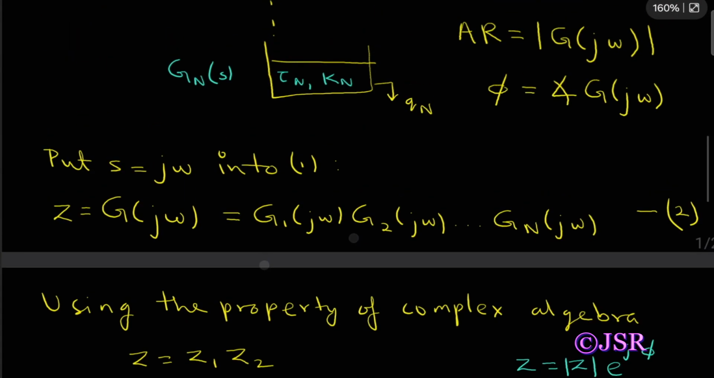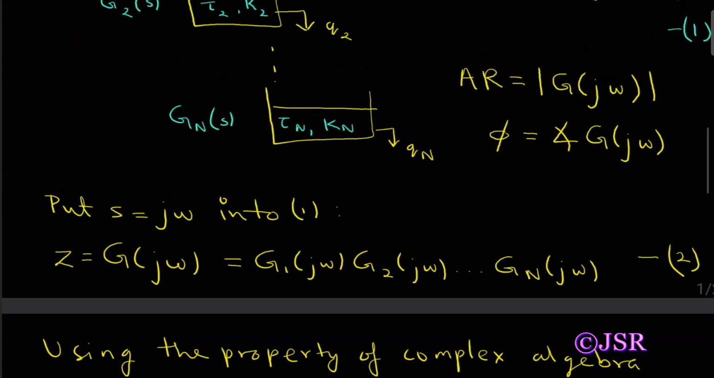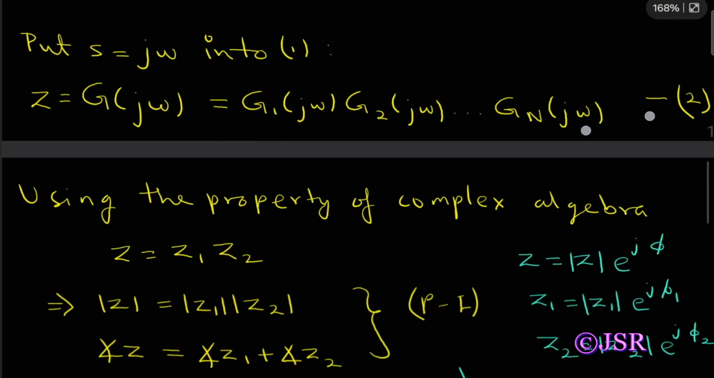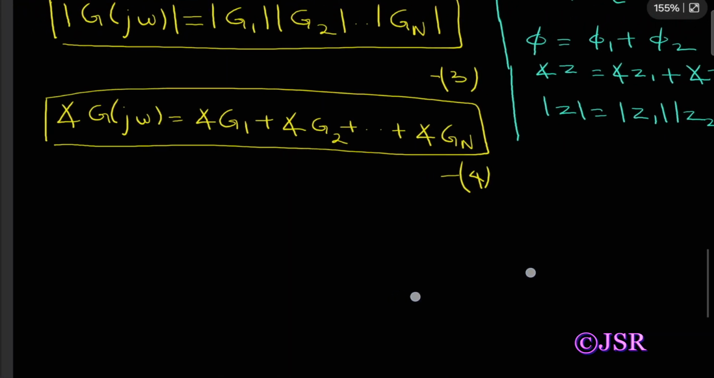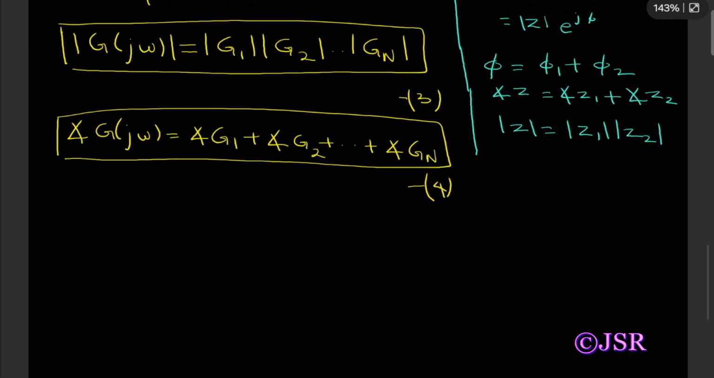So as we know, amplitude ratio equals mod of G of j omega, and phi equals argument of G of j omega. So now substituting the amplitude ratio in place of mod, from equations 3 and 4, we can also write equations 3 and 4 as